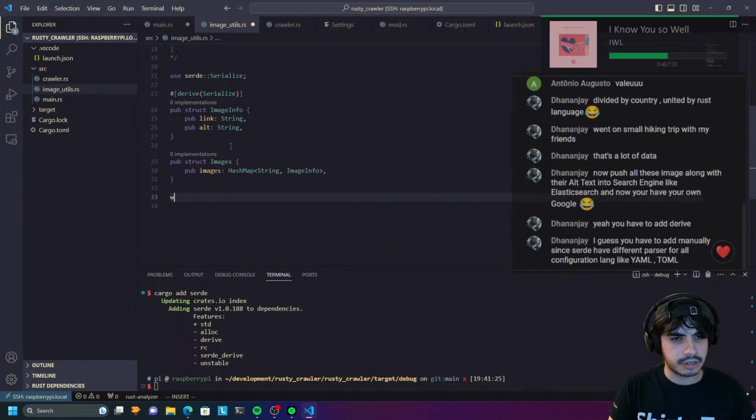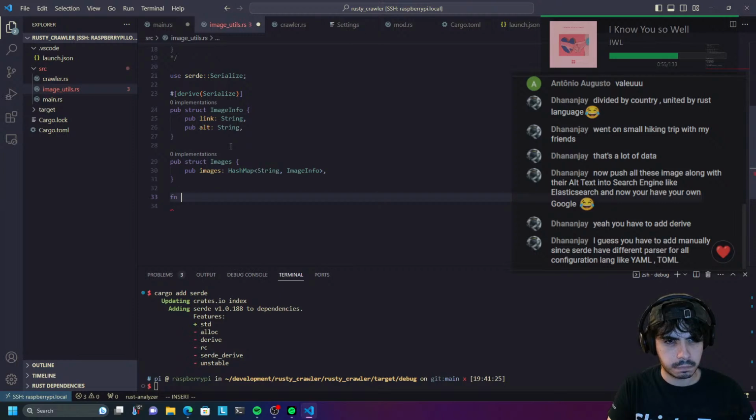Cool, and now we can finally do what we were trying to do, which was to create a function that will take, I guess,